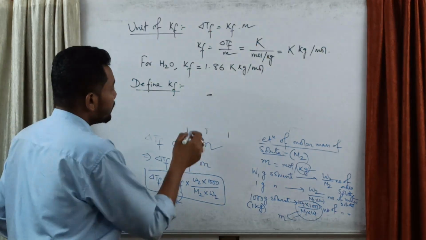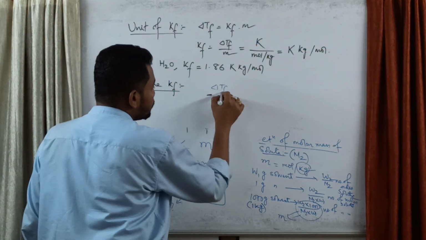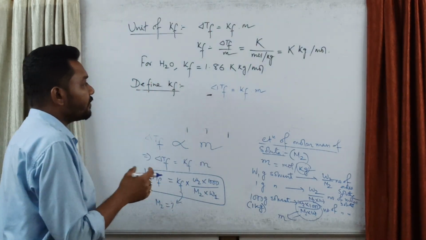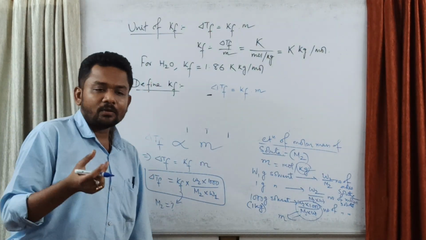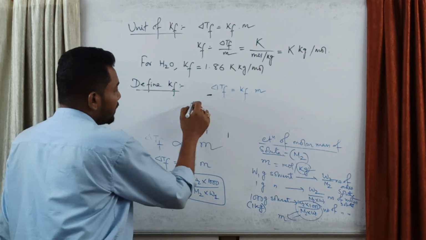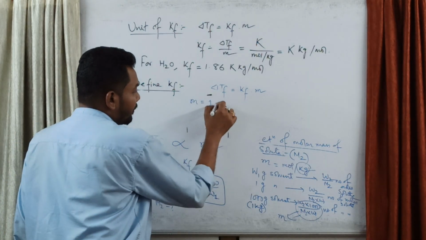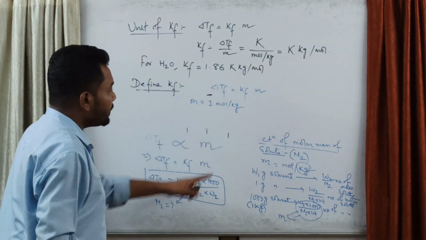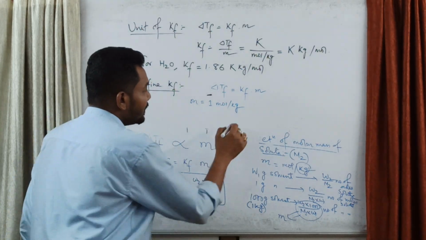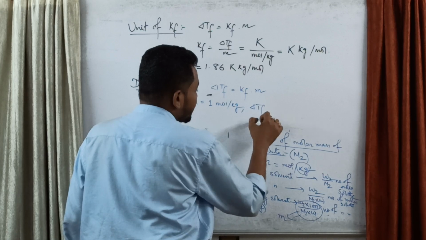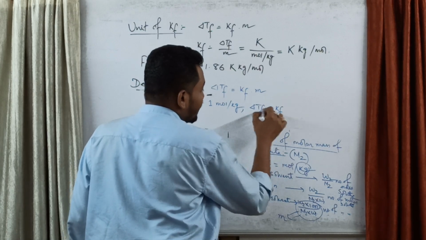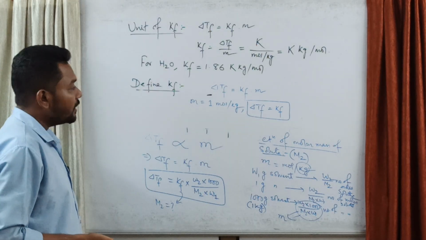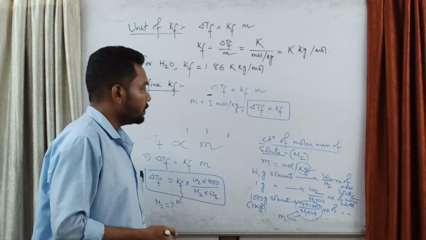আমরা কি জানি, delta TF equals to KF into M. তো আমরা ফিজিক্সের মতো কি করি, কোন একটা ডেফিনেশন বার করতে গেলে একটা কোয়ান্টিটিকে আমরা 1 ধরে নিই। তাহলে সাপোজ, if you take M equals to 1 mole per kg, the unit of M is mole per kg, so if you take M 1 mole per kg in that perspective, delta TF টা কি হয়ে যাচ্ছে? KF হয়ে যাচ্ছে। তাহলে লেখো।